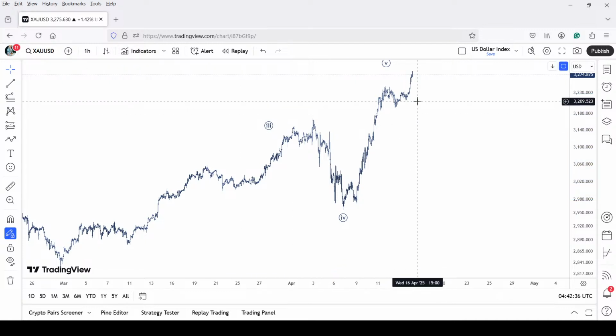So it remains to be seen if prices are reversing from here or they are still wanting to push above the 3300 handle. We have refrained from taking aggressive shots in the portal right now, just waiting for price action to give a bit more confirmation. Now, as far as the price action is concerned, we would wait for that particular low to be taken out around the 3199. So let's wait for the 3200 handle being taken out, and once that is true, I think we would be in a better position to go and hit the sell button on the yellow metal, right?